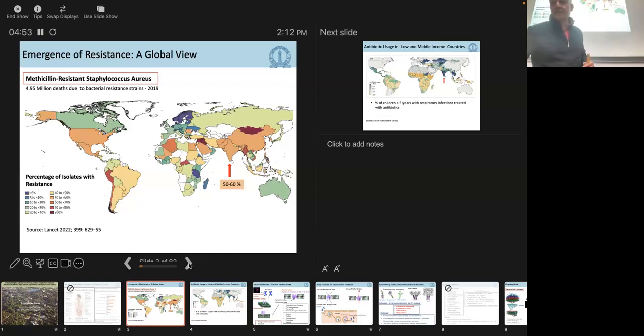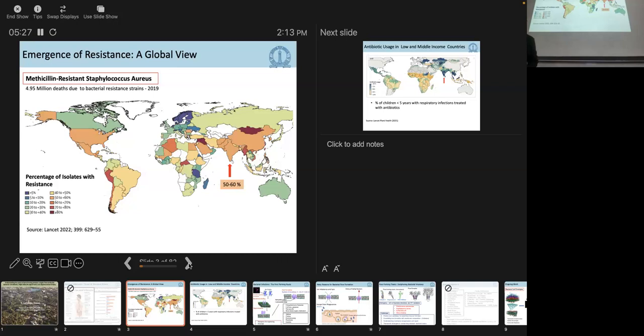So I want to give you some background to motivate the talk today. There's a lot of bacterial resistance, and we know about this. This slide essentially shows you the methicillin resistant Staph aureus. In many countries, especially India and China, you'll find that the resistance is in the order of 50 to 60% of isolates. This is a fairly recent study from Lancet, which has compiled these numbers. You can see in North America also the numbers are large, whereas in the UK it's less.